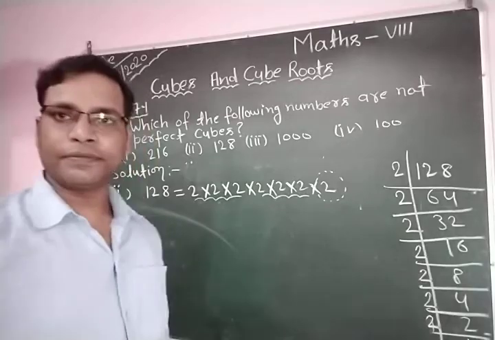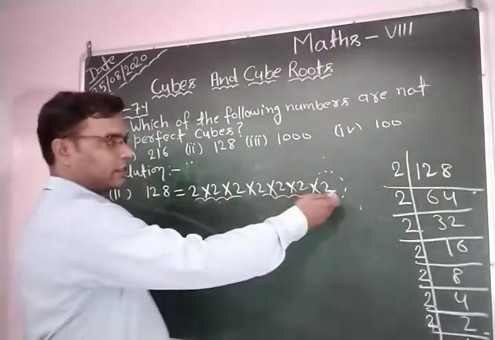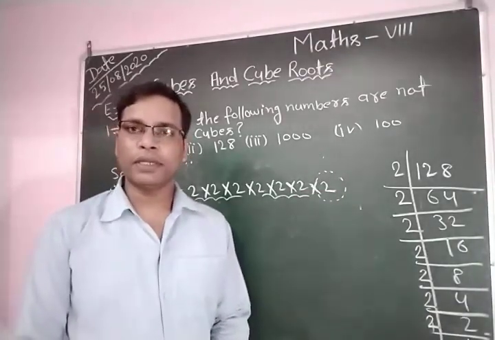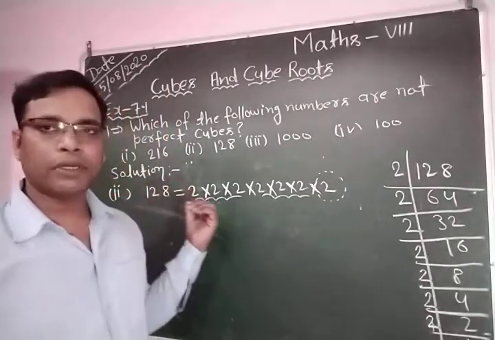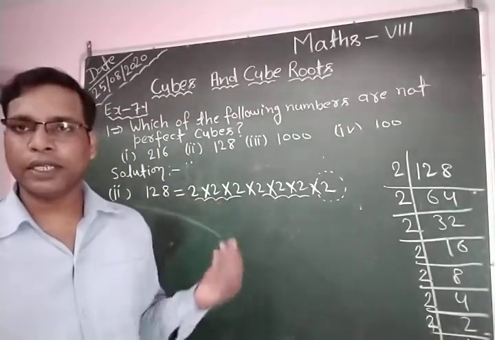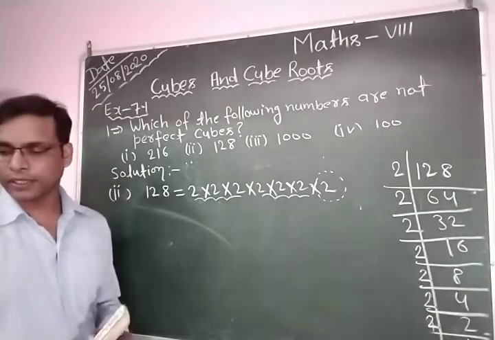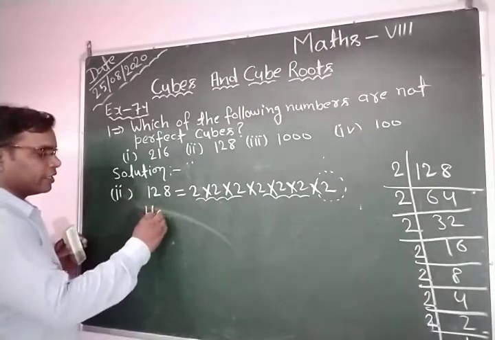So here you can see this factor of 2 does not have a group triplet. So you can say the given number 128 is not a perfect cube. Okay, so here one factor of 2 you can write here